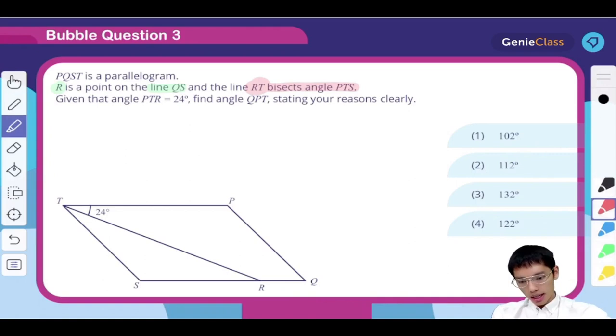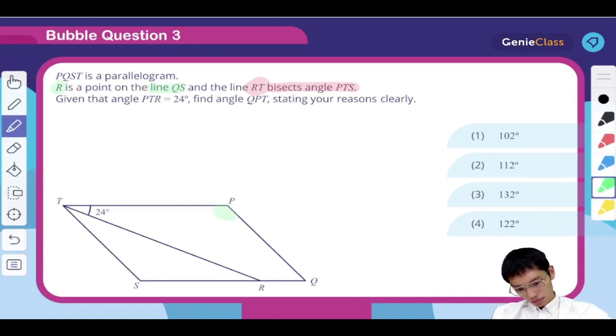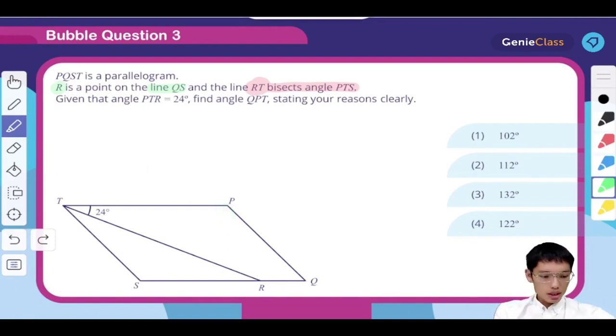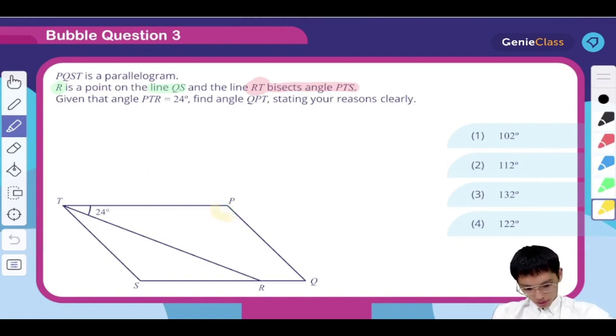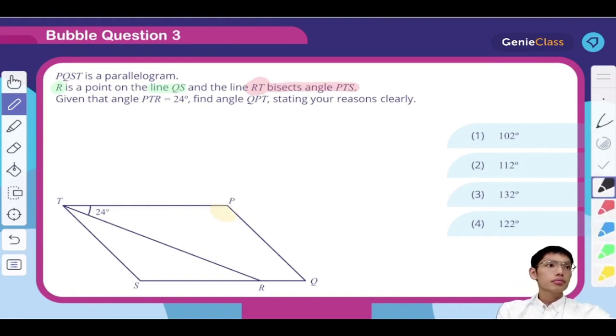QPT is this particular angle over here. Okay, 30 more seconds. Alright, my responses are going good. Last one. Perfect. Alright, getting better, but don't worry, for those who didn't get it correct, listen to my explanation,